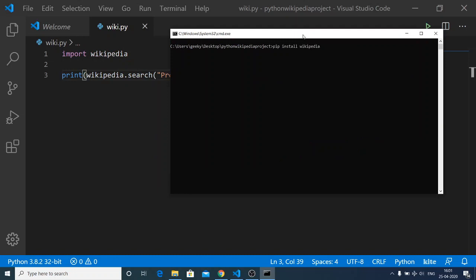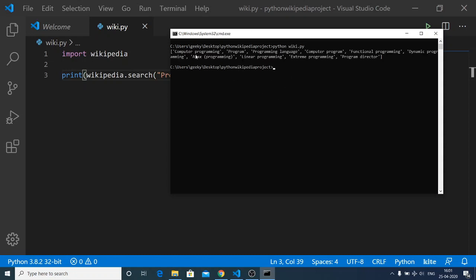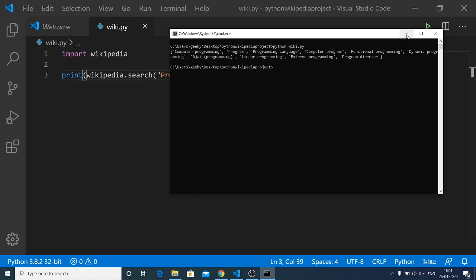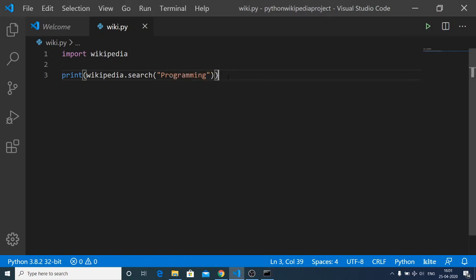Let me just run this file for now by executing python wiki.py, and now you will find that it will give you these results: computer programming, programming language, computer program. So if you go to Google and perform a Google search, you will find all this data from the Wikipedia website. So we are doing this programmatically using Python.